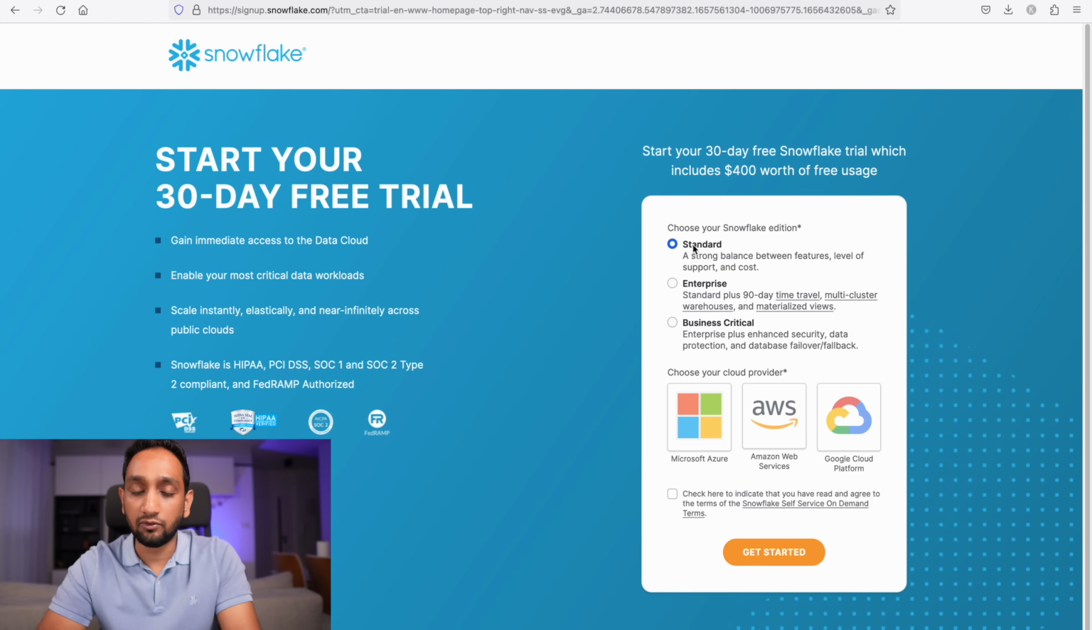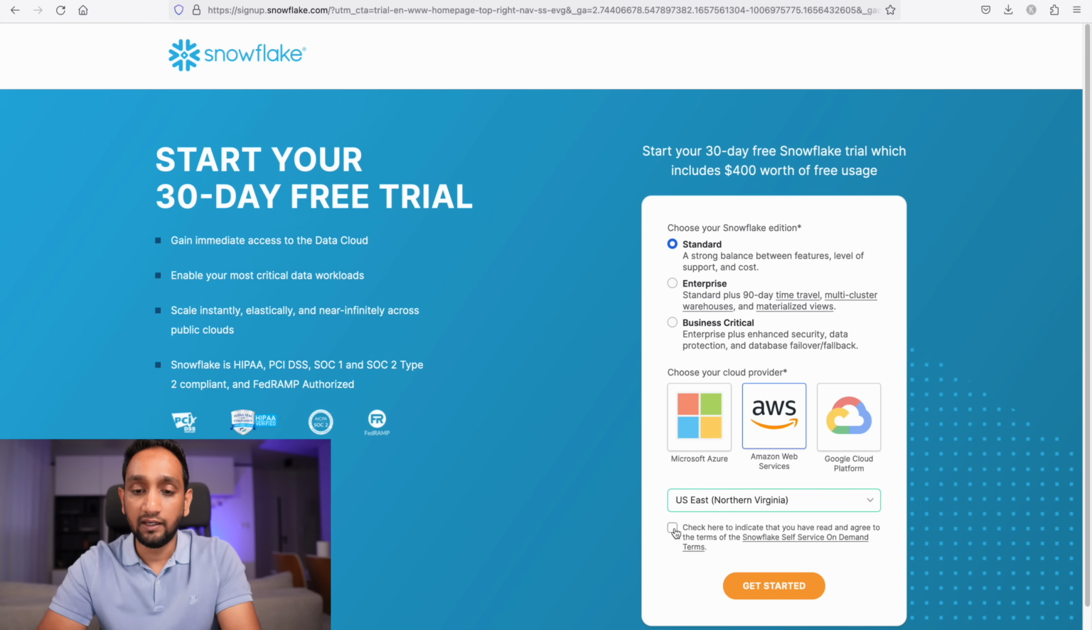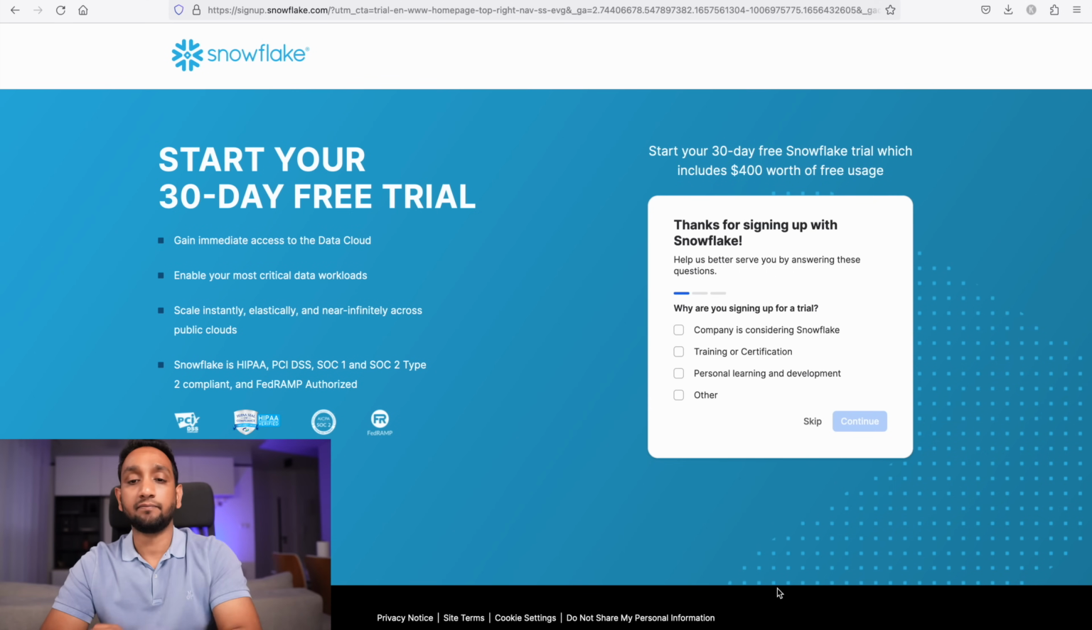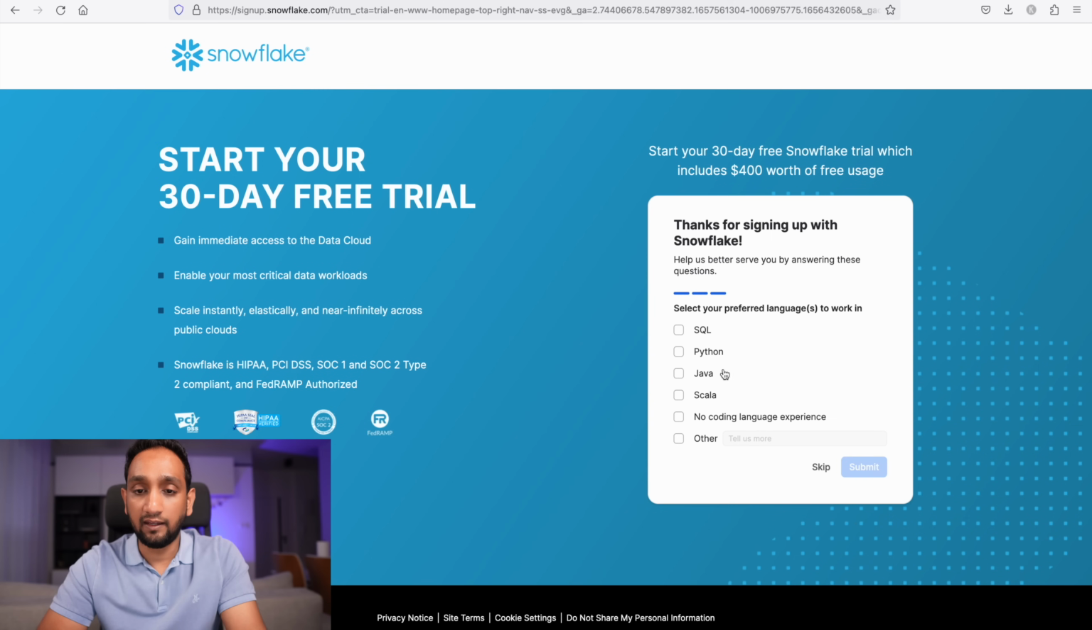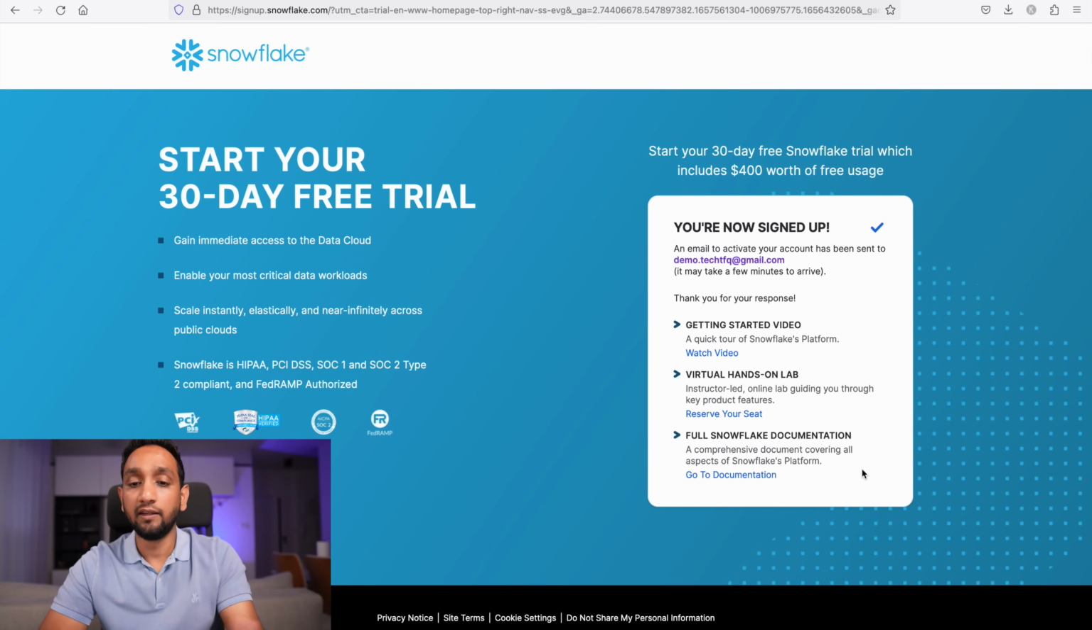And here I'm just going to choose standard. I'll say AWS, and I'll say I have read all the rules. From here I'm just going to say I want this for personal learning and development, and for what are you using Snowflake for, I'll just choose other, and I'll say I want it for the preferred languages, SQL and Python. So I click submit, and now what happens is they have basically sent an email to the email ID that I gave,